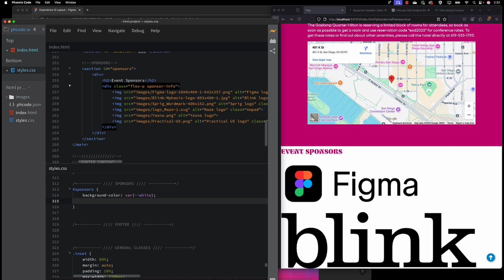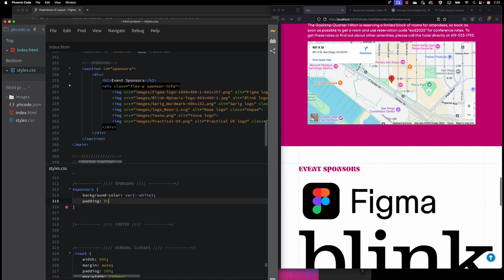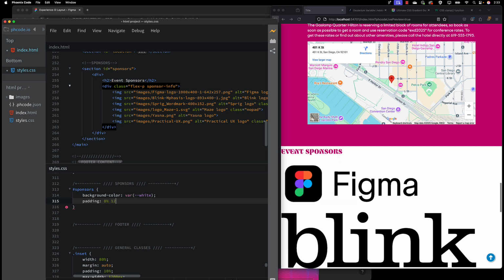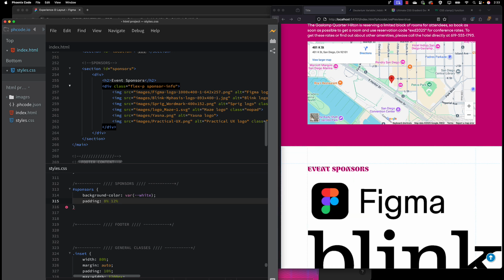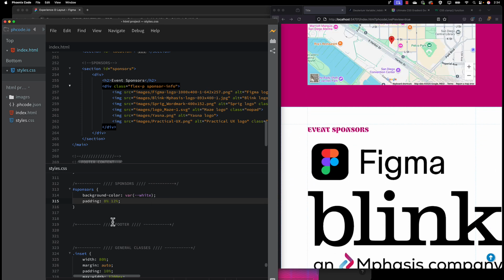And then we also want to give everything some padding so that it's not just sitting right up against the edge. So we'll go with the 8% for the top and bottom, like what we've been doing. And we'll do 12% for the left and right. And so now we're in line with these others. So that's all good. And then I think beyond that, we want to go ahead and set the sponsor info in such a way. Actually, before we do that,